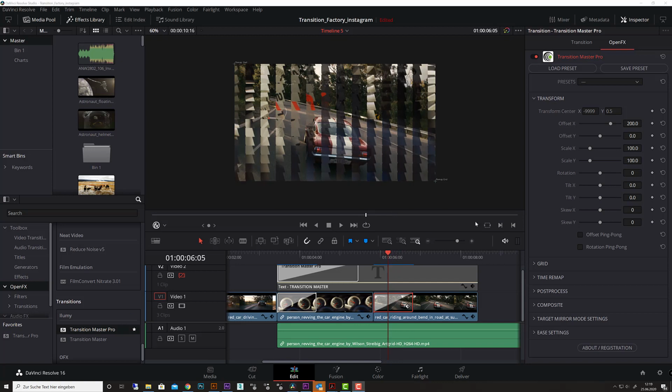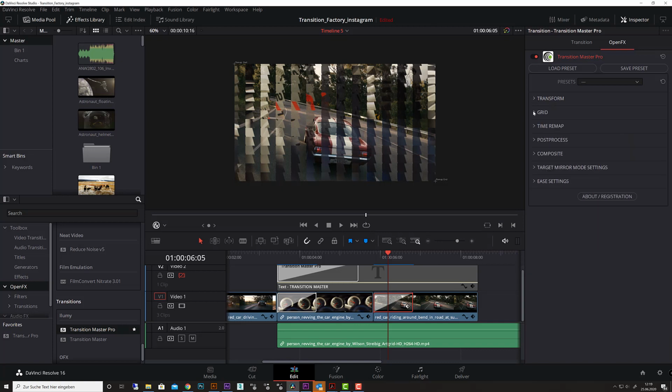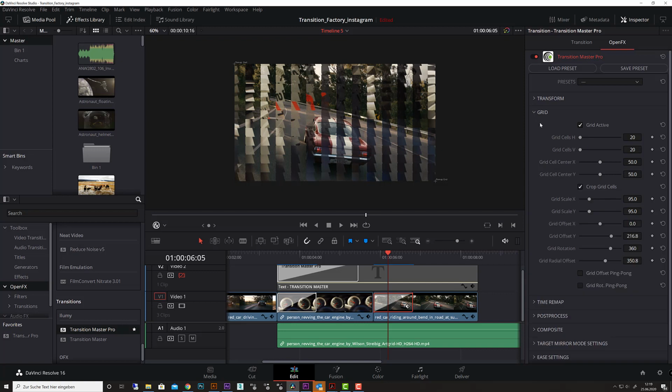So the next tutorial will be regarding the time remap, and this is one of the powerful features that TransitionMaster has, and gives you a lot of creative space to do some very fancy and very cool transitions. So make sure to watch the time remap tutorial, which